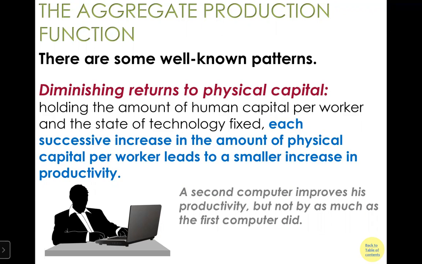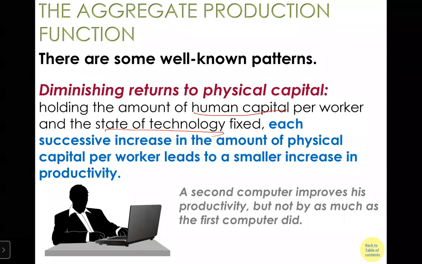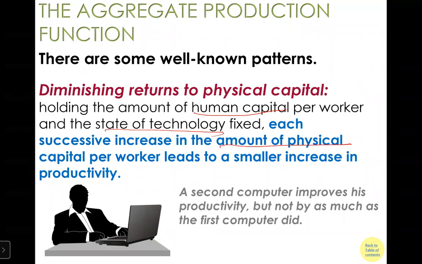Also, it's important for understanding economic policy. First, there's diminishing return to physical capital. It says that, holding the amount of human capital per worker and the state of technology fixed, if you increase the amount of physical capital, that's going to lead to a